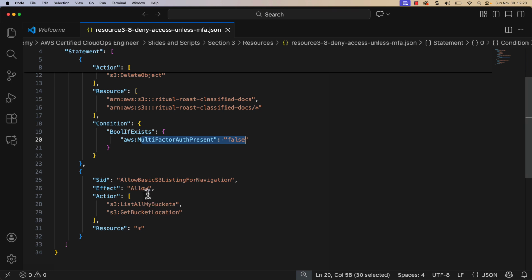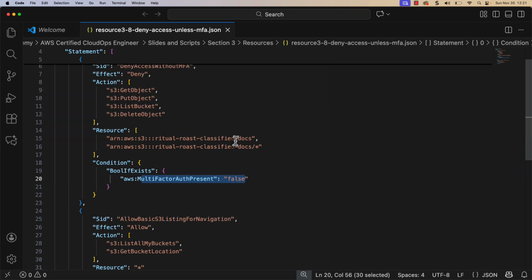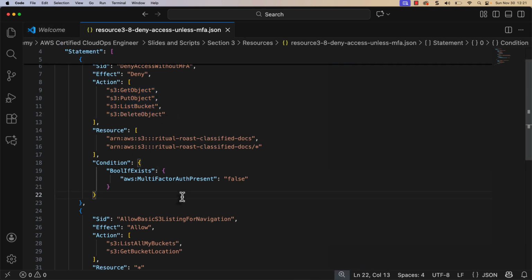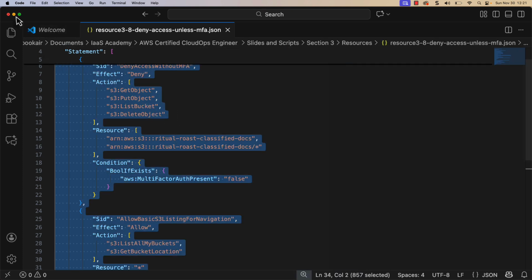You will also note that he's allowed to list the buckets and get bucket location. So we're allowing him to see the list of buckets. We're not denying that. We're not allowing him to access this specific bucket and perform these specific actions on that bucket alone. So if I take this policy now, just copy it to my clipboard,